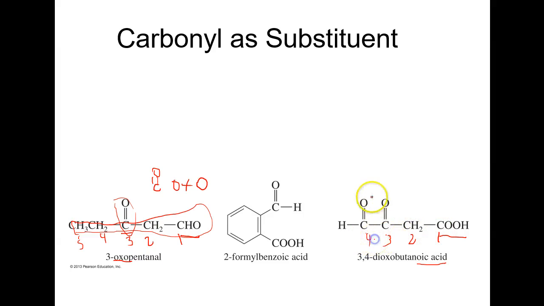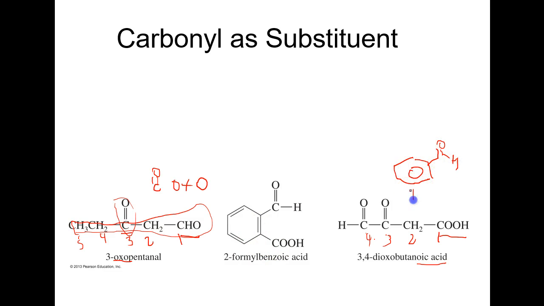At carbon 3 and carbon 4, I have oxos. You don't have to distinguish between an aldehyde or a ketone. It's just basically a carbonyl. So the reader will figure out one of them is a ketone and one of them is an aldehyde. So 3,4-dioxobutanoic acid. For aromatic rings, first of all, if you just have an aromatic ring with an aldehyde